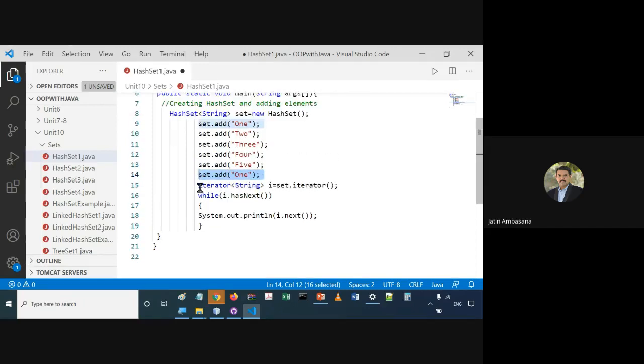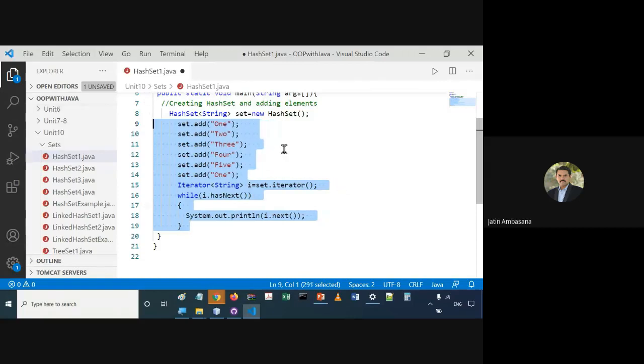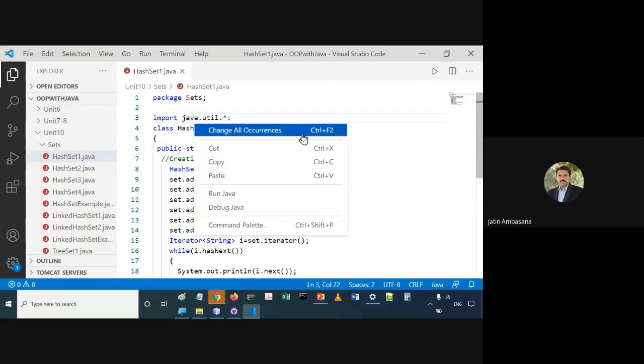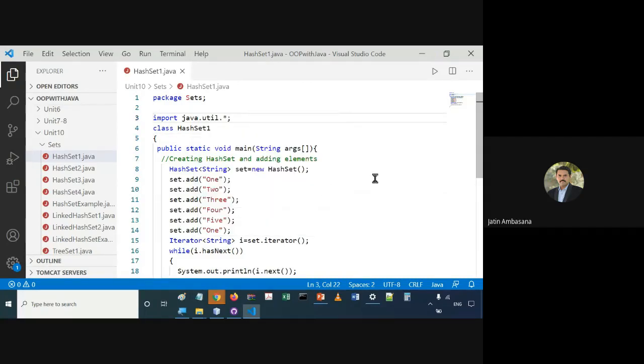Then you get an iterator of string on that particular set, and while i dot has next, print that particular next element. So this program simply adds some elements to a set, and runs it.